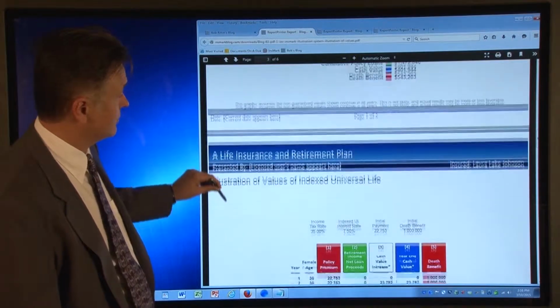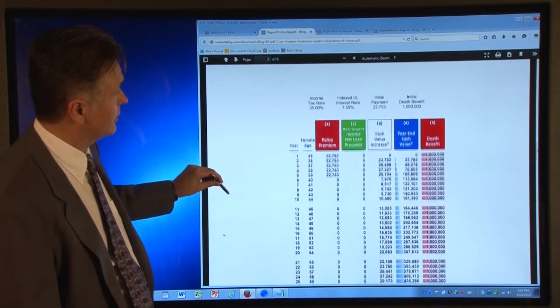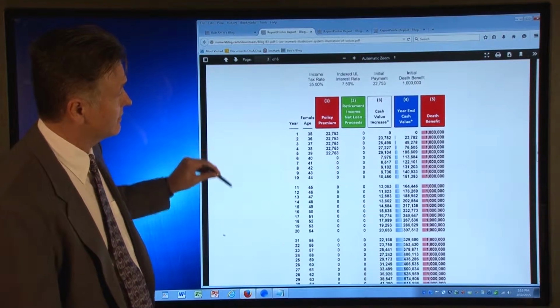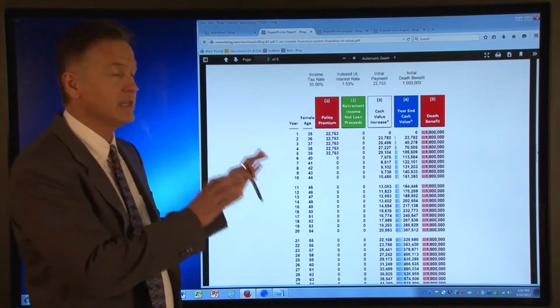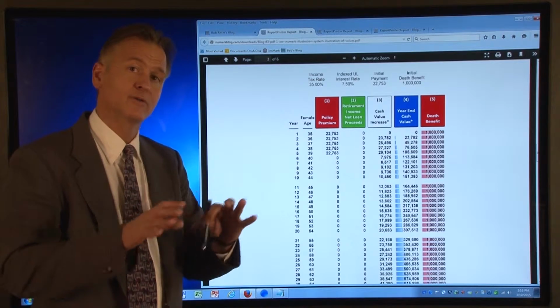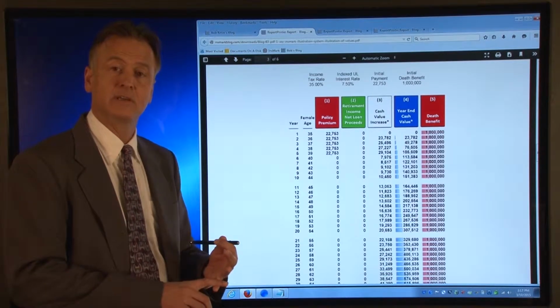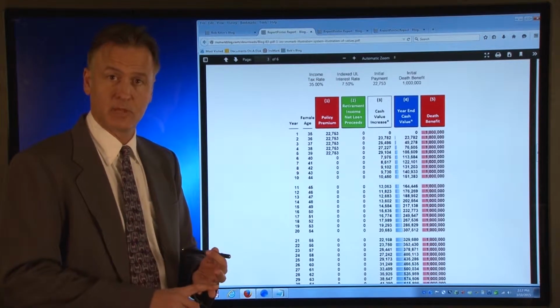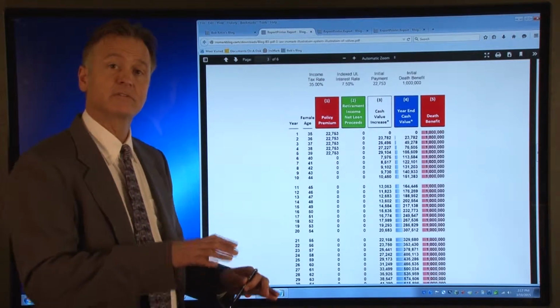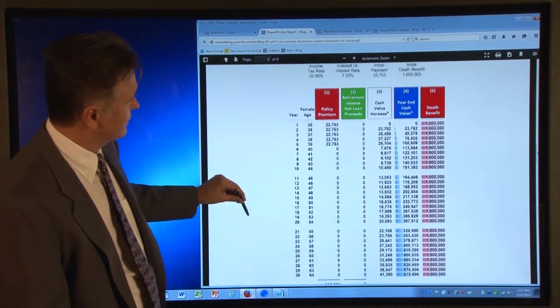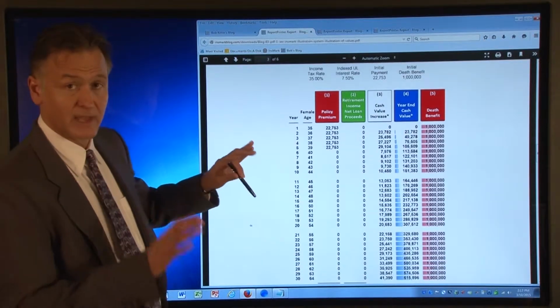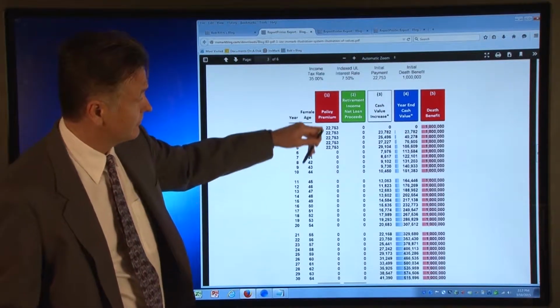Now, if we continue, you can see we also show the numbers presentations. Again, we're showing the current values of the policy, and any InsMark presentation should go with your carrier proposals that show your guaranteed rates and also your compliance information. So this is to be used in conjunction with that. Now here, this is really a nice simplified proposal showing the actual numbers. Here you can see the 5-pay premium of